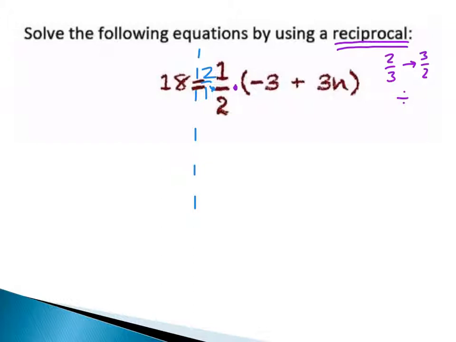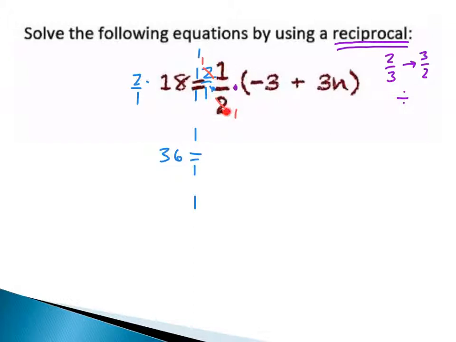If you think about simplifying, what that's going to do is think about cross simplification. The 2 on top is going to simplify with the 2 on bottom, and you're left with 1 over 1 times 1 over 1. Well, 1 over 1 times 1 over 1 is 1 times 1, which is 1. Whoa! All right? So that cancels out. And then over here, I'm going to take 18 times 2 over 1. What is 18 times 2? That's going to give you 36 equals,